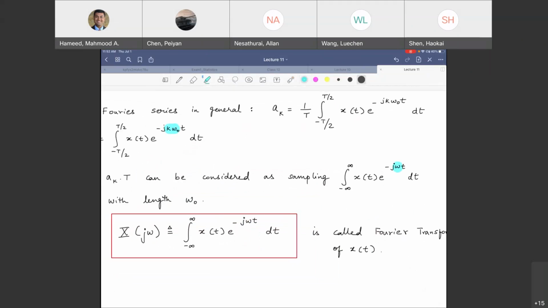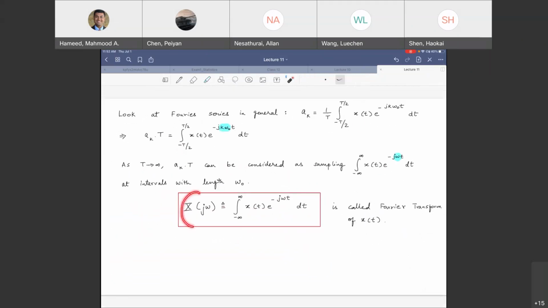So what would be the Fourier transform? The Fourier transform of x of t, just one rectangle, would be integration from negative infinity to infinity x of t e to the minus j omega t dt. And maybe you can relate the Laplace transform to this as well. X of s is integration from negative infinity to infinity x of t e to the minus s t dt, right? It looks very similar, except s is purely imaginary here, right?